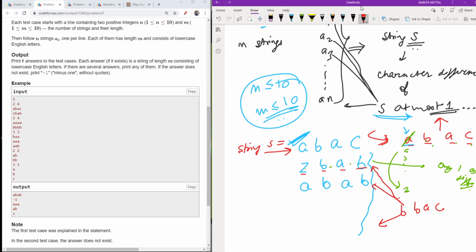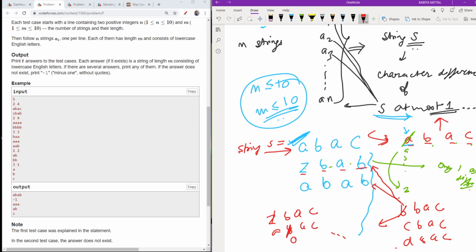Then if it is not valid, I will say okay, let's try another one. Then I will transform this to C, B, A, C, and check again, then D, B, A, C, and I will do the same up to Z, B, A, C. Further, I will replace it back with A, B, A, C. Now I will modify the next element.